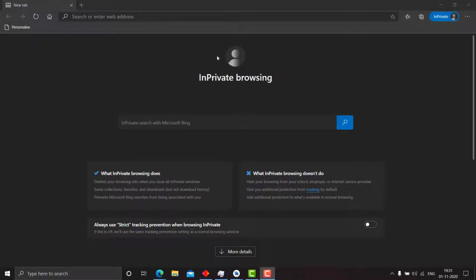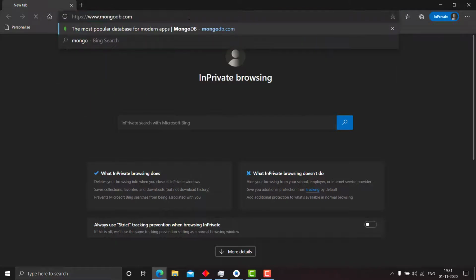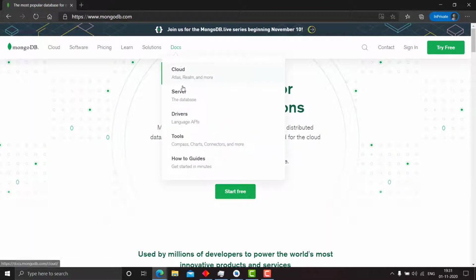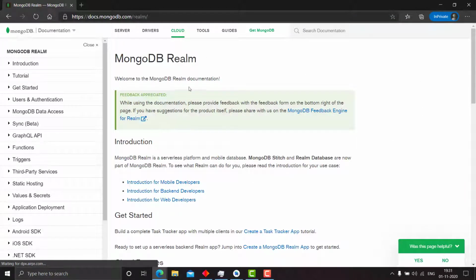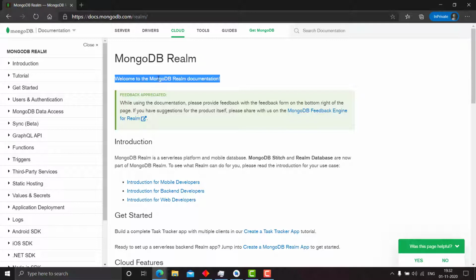This is an exclusive video in which I would like to point out the mistakes in the MongoDB documents. Let's go to mongodb.com and let's go to Realm first. Recently MongoDB acquired Realm. Initially Realm.io was a separate backend service for Android users, but now MongoDB has acquired Realm in 2020, and some of the features and the functions have been changed and nothing is properly documented.